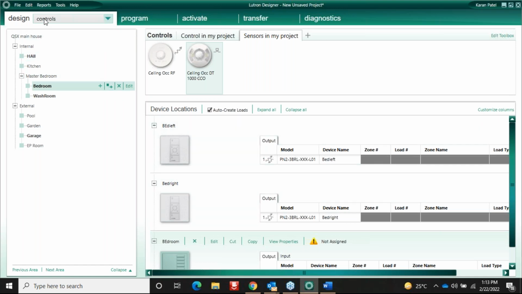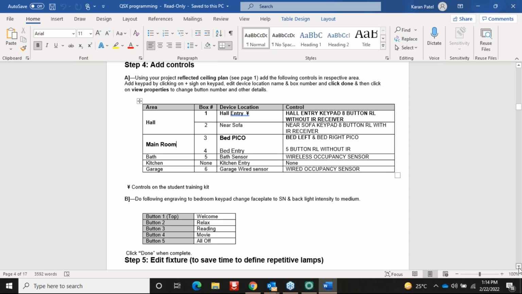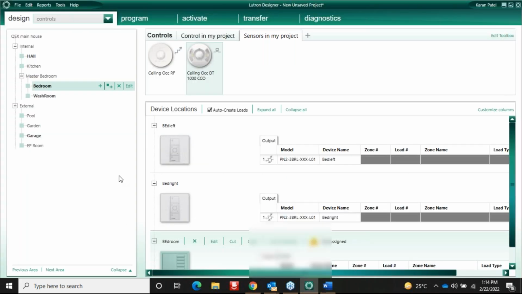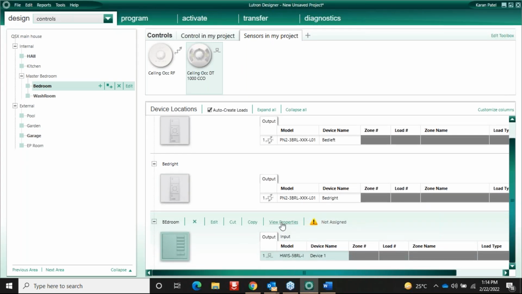So far, we have done a project. We gave all the details, we created the libraries, we created the area tree, and from the libraries we simply pick up the device and add it into the respective areas like hall, kitchen, bedroom. So I have added all these things. Now let me go to the next thing. If you go to the view properties of the keypad,